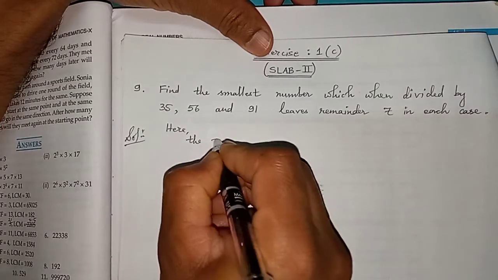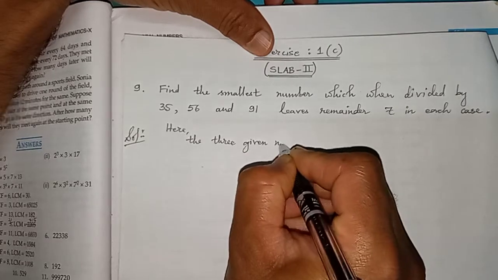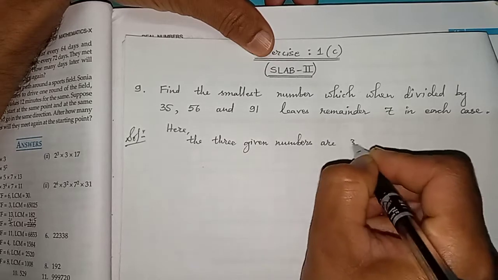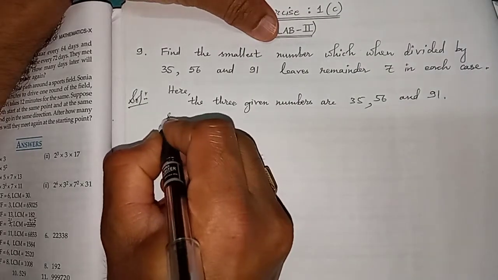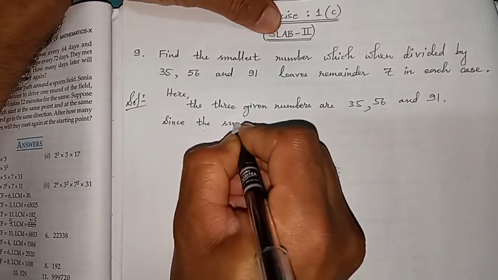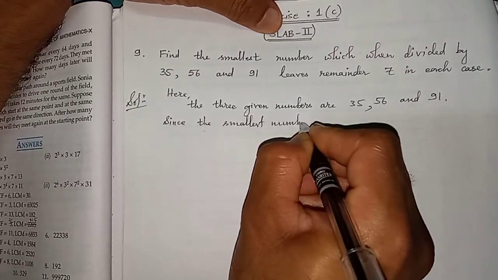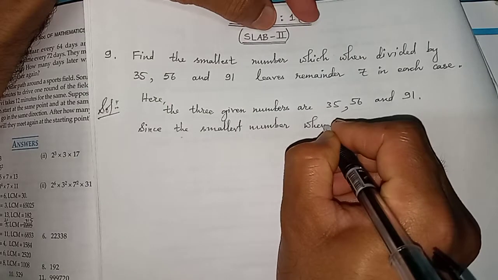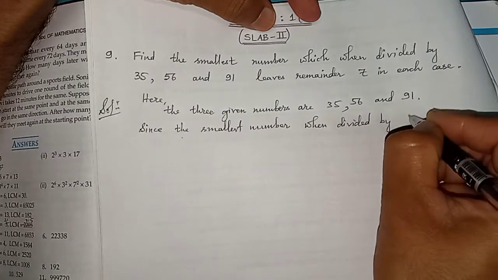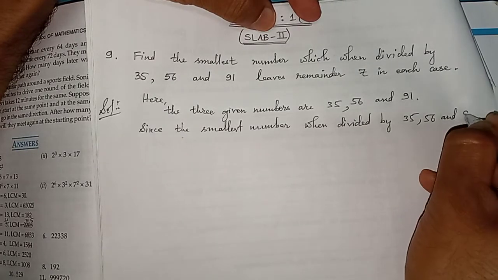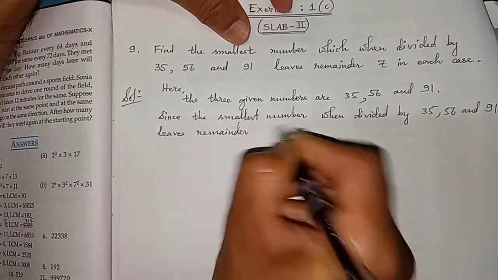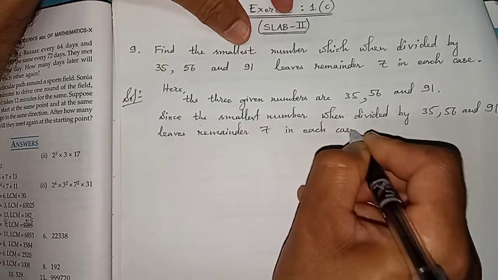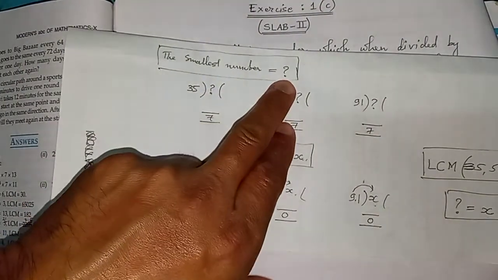Here the three given numbers, 35, 56 and 91. Okay, now see, since the smallest number, when divided by these three numbers, 35, 56 and 91, leaves remainder 7 in each case, which I've done. See here, the smallest number is this one. Since this smallest number when divided by 35, 56, 91 leaves remainder 7 in each case,